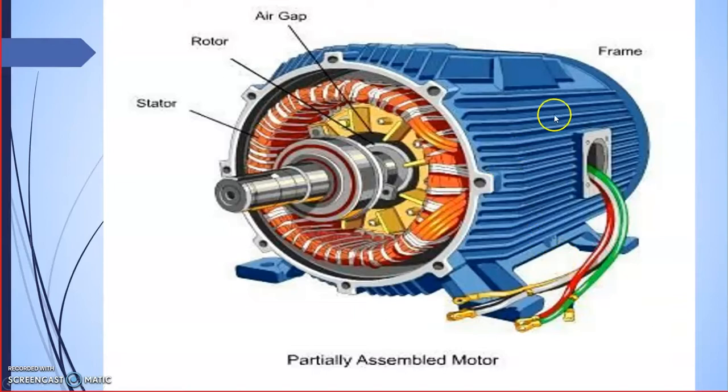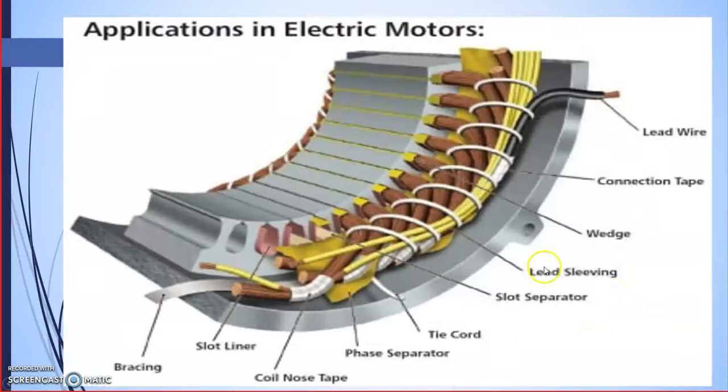Like this, if this is the frame, the outside frame, enamel will be there, paint will be used, so that is also one insulating material. Now see, this is also a cross section of the winding. Now you can see the slot. I just wanted to show you what is meant by a slot, then only you can understand the insulating materials used in the slot lining.